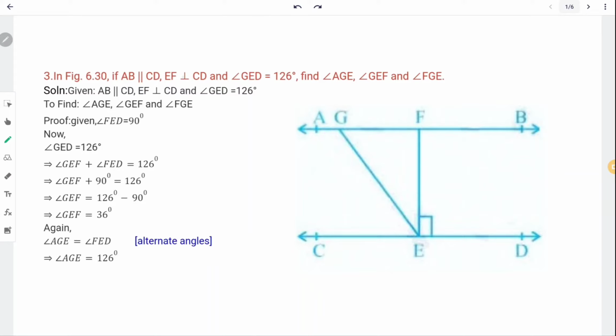All right, so also remember they've given us that EF is perpendicular to CD. So just remember 90 degrees, right? This is a straight line, so 90, 90 like that. This side also 90, 90. Okay,